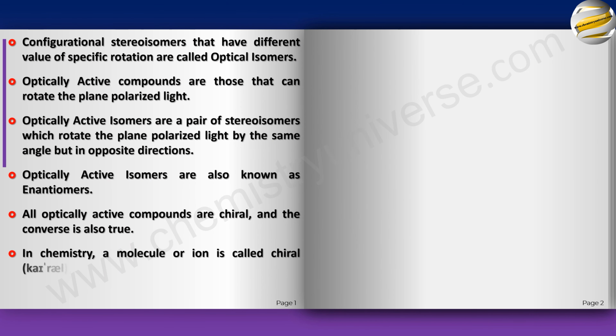So what defines a molecule to be chiral? What is the basic thing? The basic thing is that if you have two molecules and they're said to be optically active, they're said to be chiral, then for a molecule that is chiral, if you look at its mirror image, it will not superimpose on its mirror image. Let me give you an example.